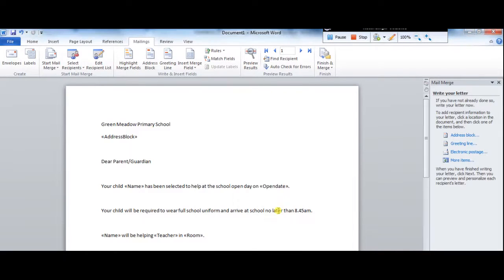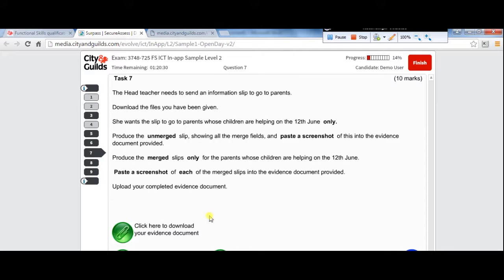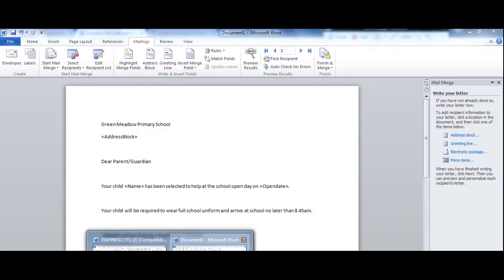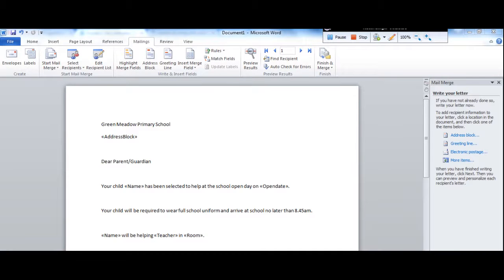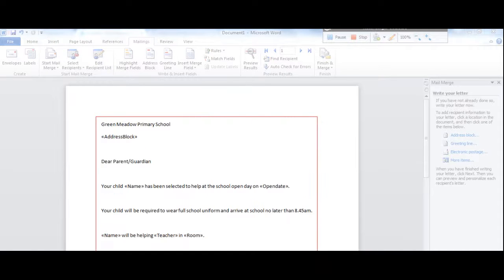So as is, this is now our unmerged slip right now. So what we have to do now, let me just close this. Right. So what we have to do now, we have to paste a screenshot of our unmerged slip. So this is how we do that. I'm using a program on my PC called the snipping tool. So I'm using that tool now. So I'm going to press File, then I'm going to drag on the area I want to take the picture of, and I'm going to copy,